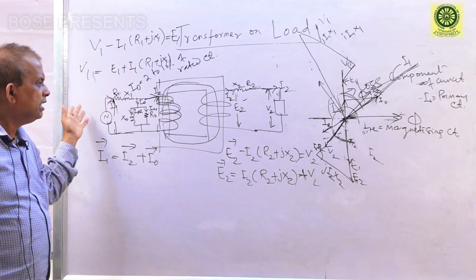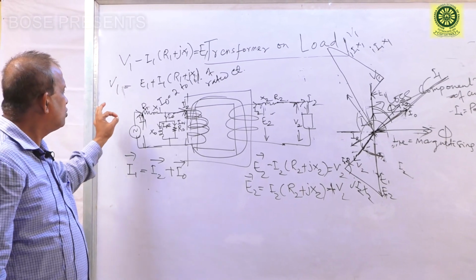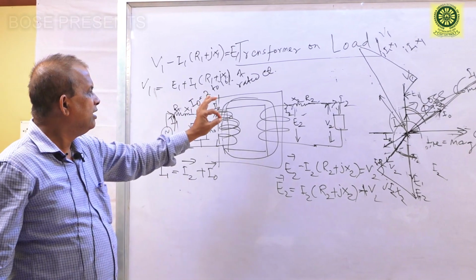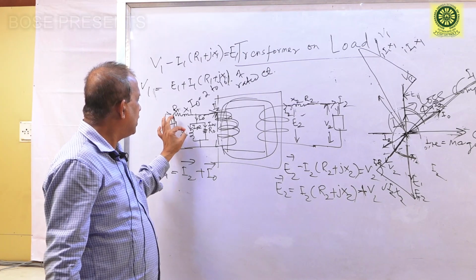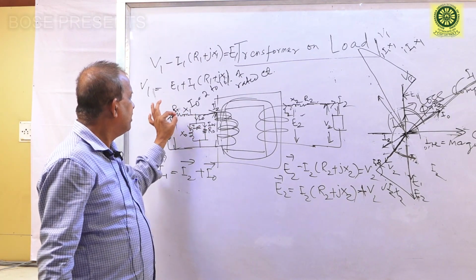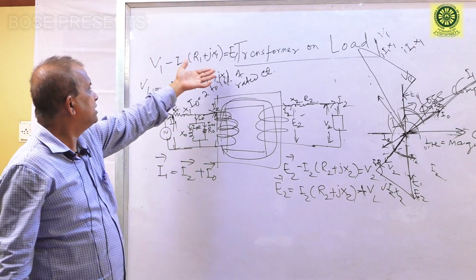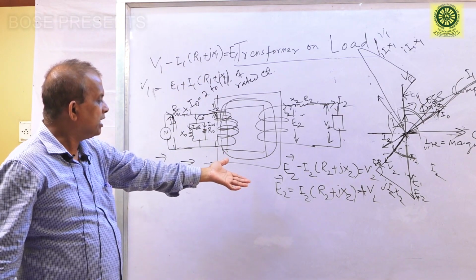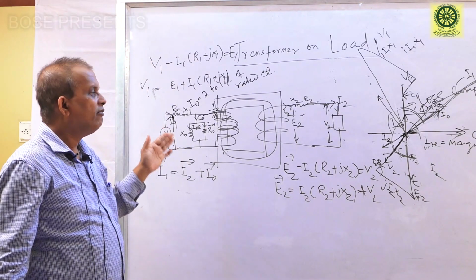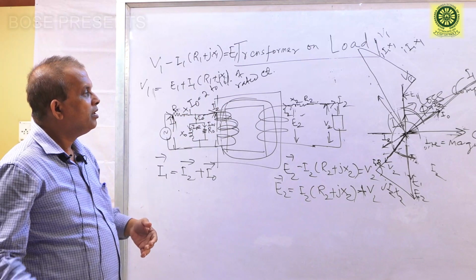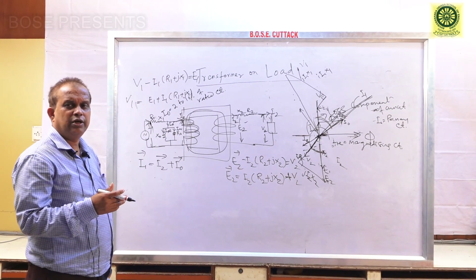So students, you see, it is pretty easy, and what you have to know is the equivalent circuits: this R1, this X1, R2, X2 and the no load exciting circuit, how V1 is equal to this thing, and the secondary side vector equation and the primary side vector equation. These things you must know for drawing the phasor diagrams of the transformer. Thank you students. Thank you very much.